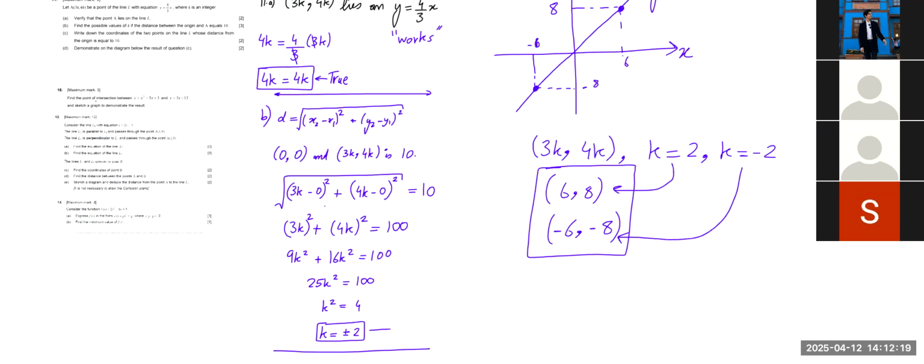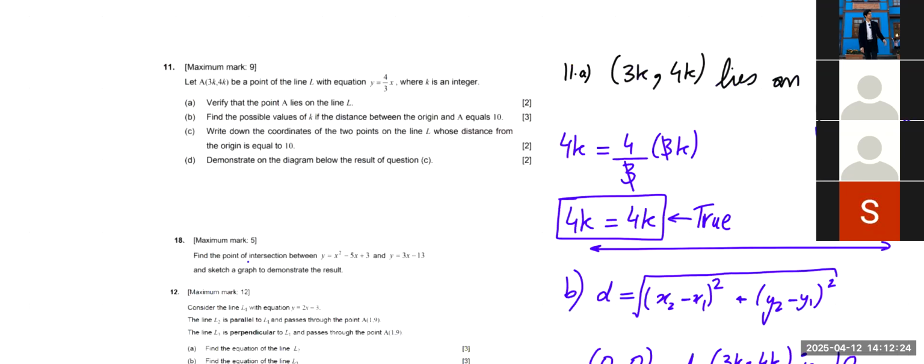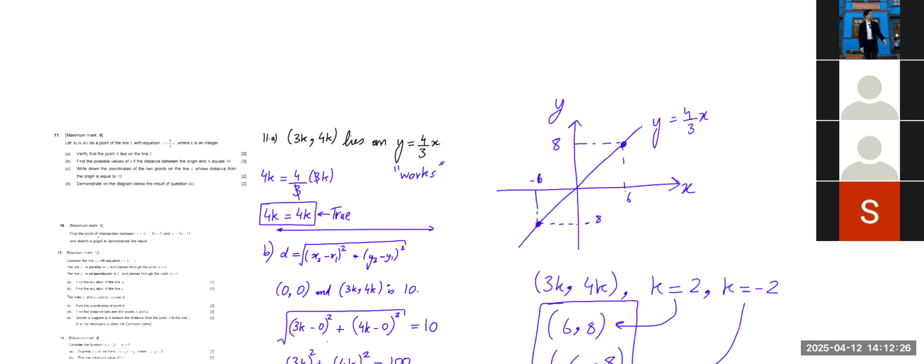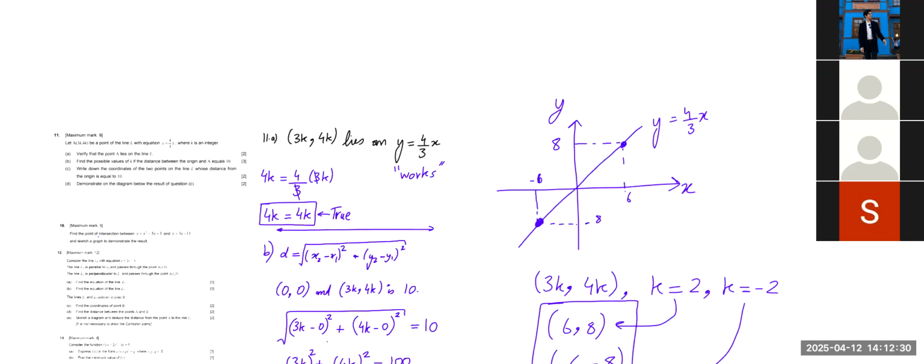Okay. So next question, and finally, it is demonstrate on the diagram below the results of question C. So this is basically the answer. On the line, you're supposed to show those 2 points that you got. They're obviously on the line because the first thing we proved was that they'll be on the line. So both the points are on the line and they have a distance of 10. So we can maybe make a little